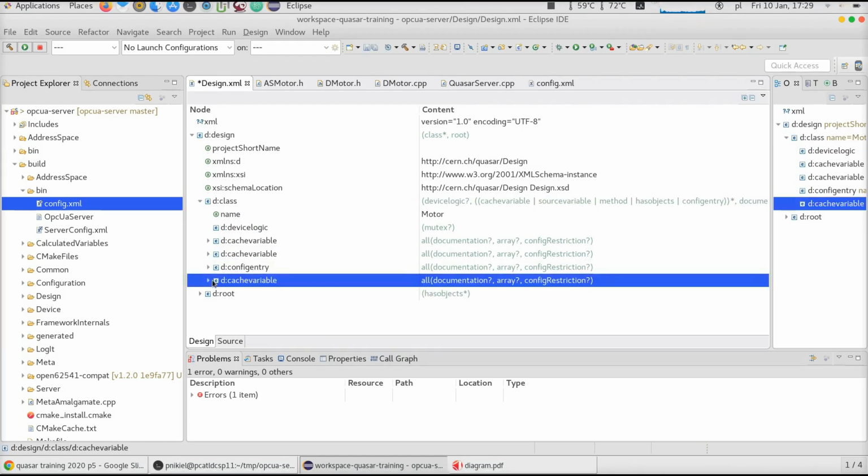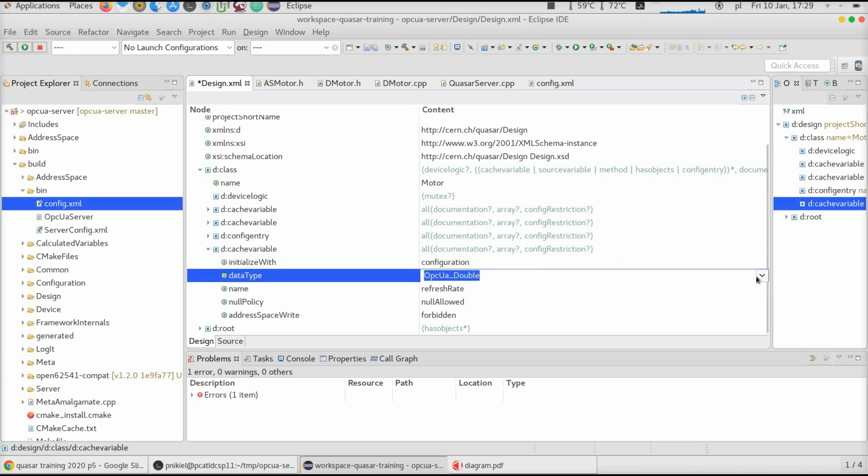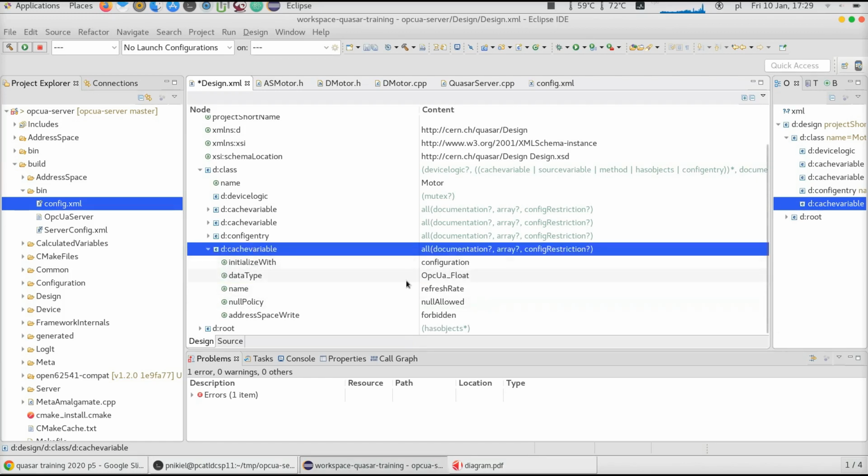I'll add a cache variable. My intention is to have something like an update rate or refresh rate, let's say, which will be a frequency in, let's say, hertz, on how often I want to query my intelligent motor controller for its current state. But my intention is that I'd like to have this information initialized to some default value in the configuration,